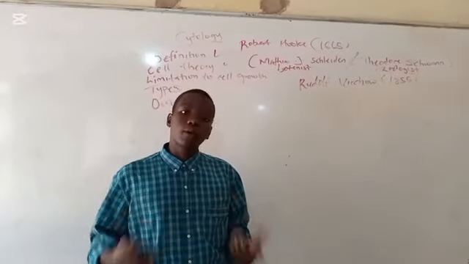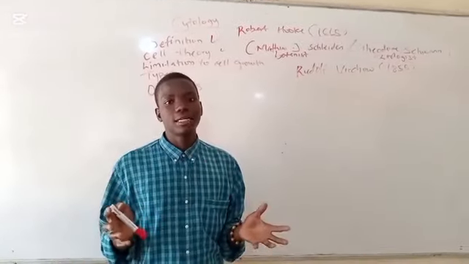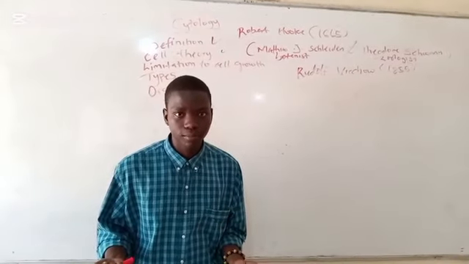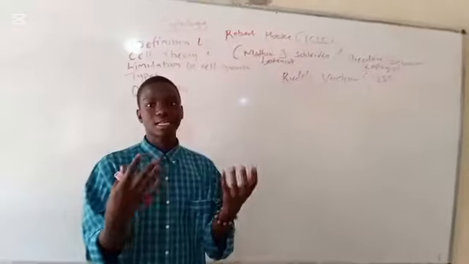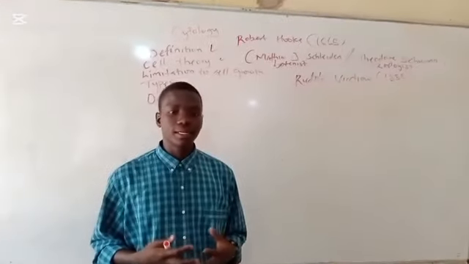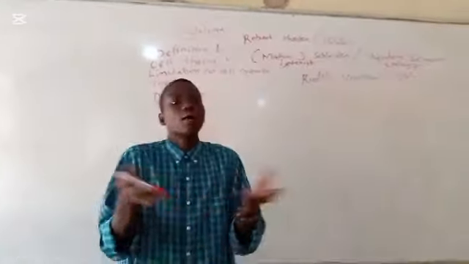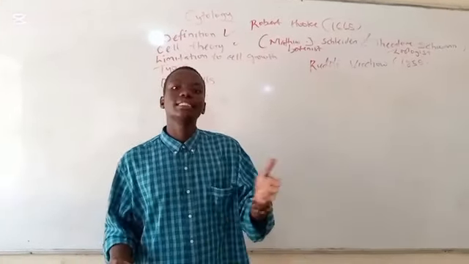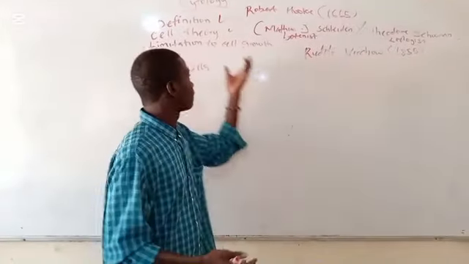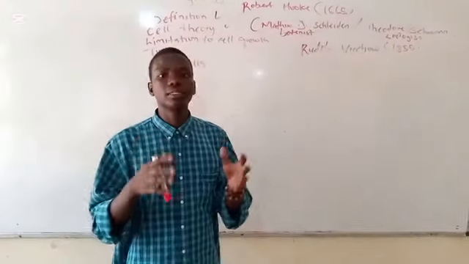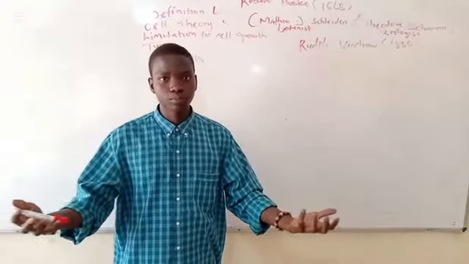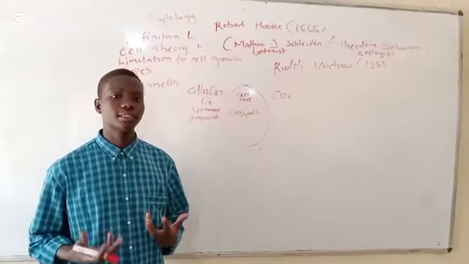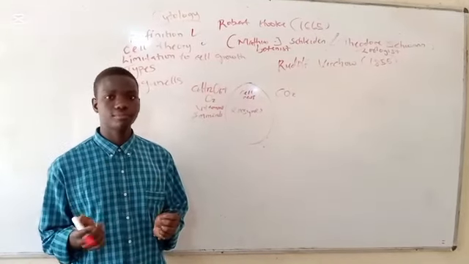And one thing I want to talk about now, which is the fascinating aspect of cells, is why cells are microscopic. In other words, why can't I just see cells with my naked eye? Now, you might think that is how it is, but no, in science we are trying to understand mechanisms, or why things happen the way they do. So there are limitations to a cell's size, or limitations to how big the cell can grow. And this is what we'll be looking at shortly. We want to look at why cells are limited to a certain size.